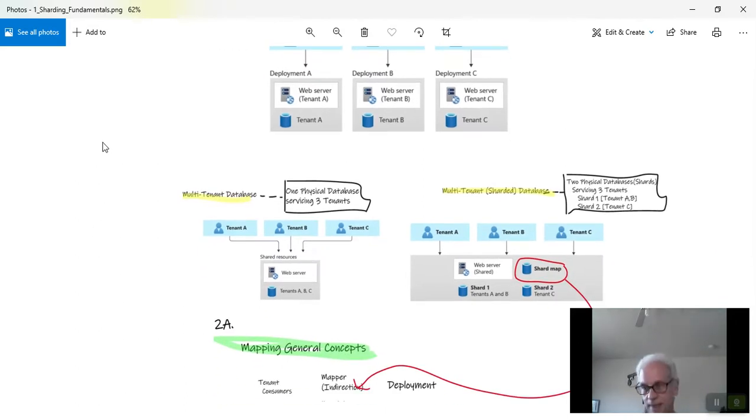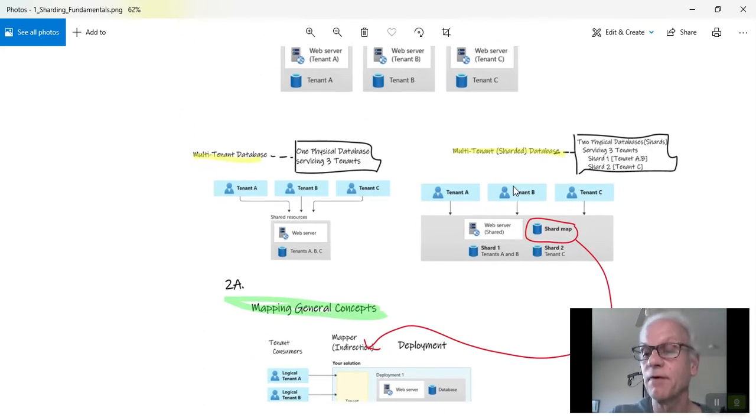There can be multi-tenant databases where the tenants will share a database. As you can see here, A, B, and C share a database which houses A, B, and C. Also, we have a variation of that, the multi-tenant sharded database. Tenant A, B, and C have a sharded database, meaning we divided the database up into various databases. So shard 1, which is a database, houses information for tenant A and B, and shard 2 houses for tenant